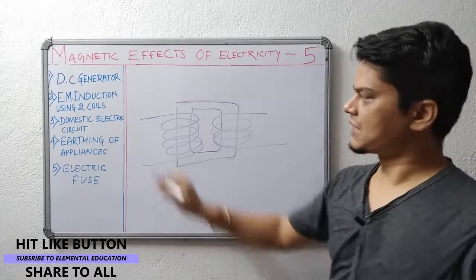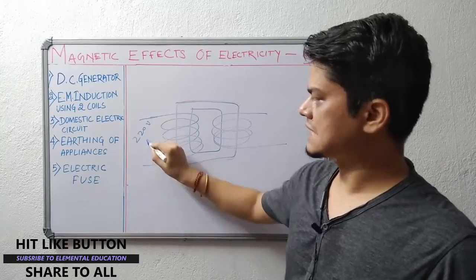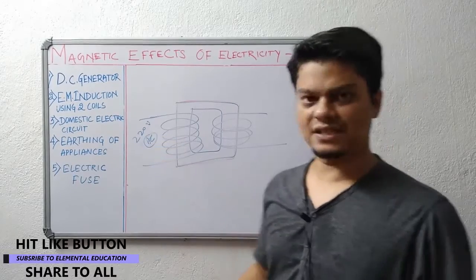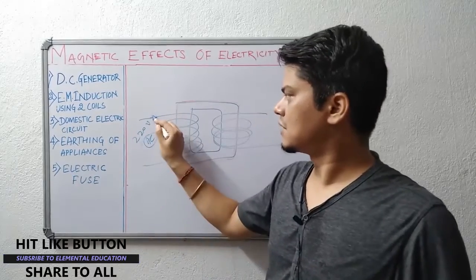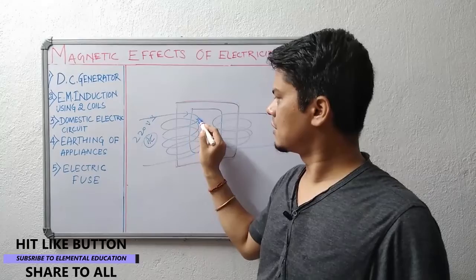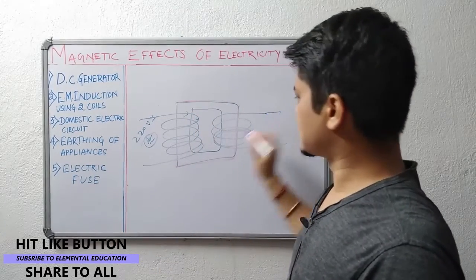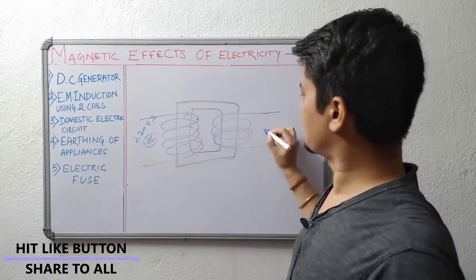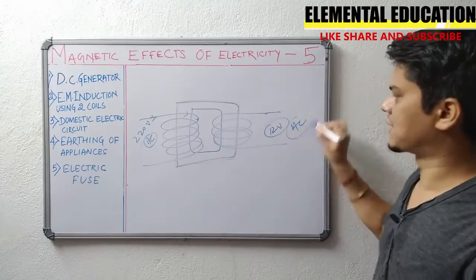That means here this is suppose 220 volt AC. AC means continuously it is changing the direction, on off. So this is AC. AC means continuously the current flow is changing the direction. Similarly, this is a step down transformer. That means we will get 12 volt across this. This is 12 volt AC we will be getting.